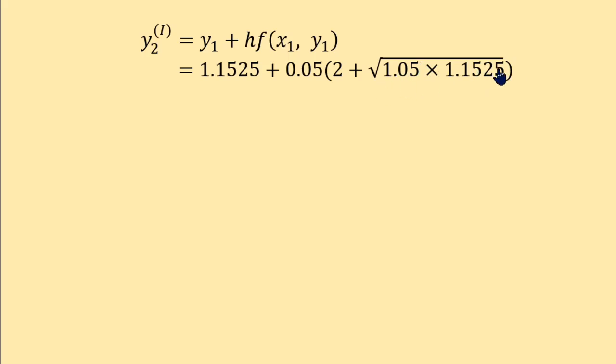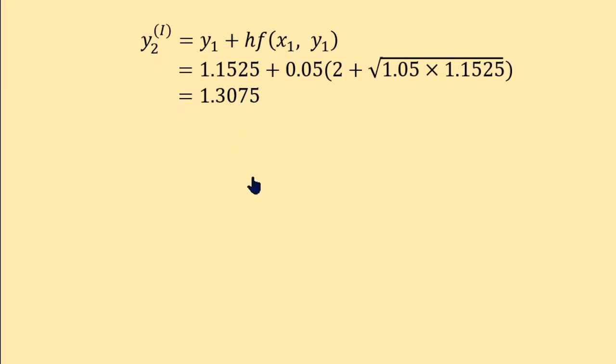Close the bracket. While closing this bracket in the calculator, take the cursor to the right side because this is a square root. After the square root, you close the bracket. Otherwise, you will get a message that the substitution is wrong. That means you take this bracket after the square root sign. Therefore, bring the cursor right side and then close the bracket. Now the value of y2 initial is 1.3075. Now this is the answer for the next step.